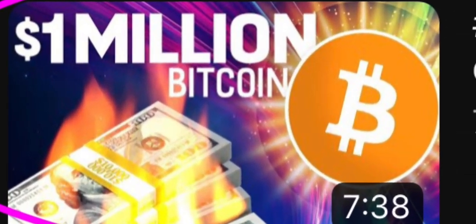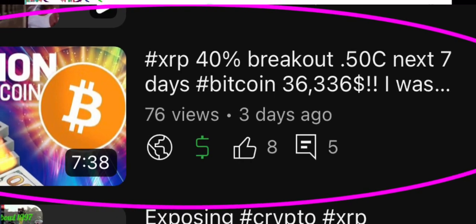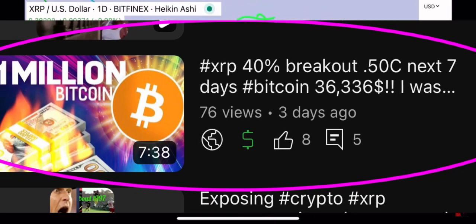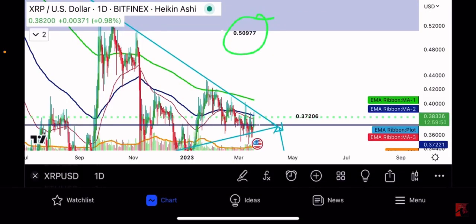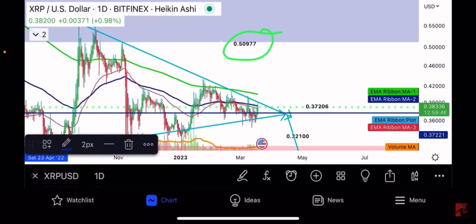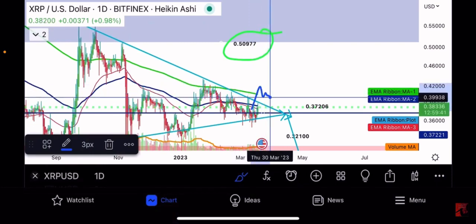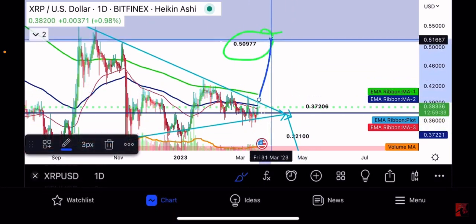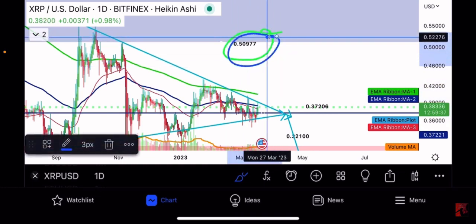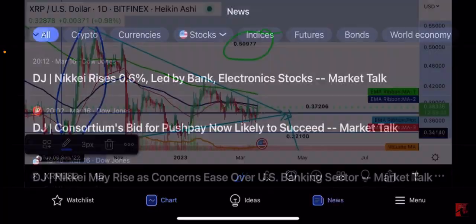Out of this symmetrical triangle that you've been in for quite some time, ever since that great dump of last year. And if you break to the upside, I'm putting a watch out, a 50-cent watch, and a possible 40% move in XRP. If you break above this symmetrical triangle and you break bullish to the upside like Bitcoin, you're going to run right into 50 cents very quickly. It would look like a...